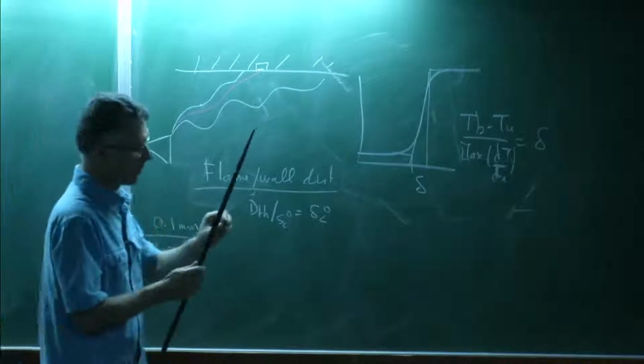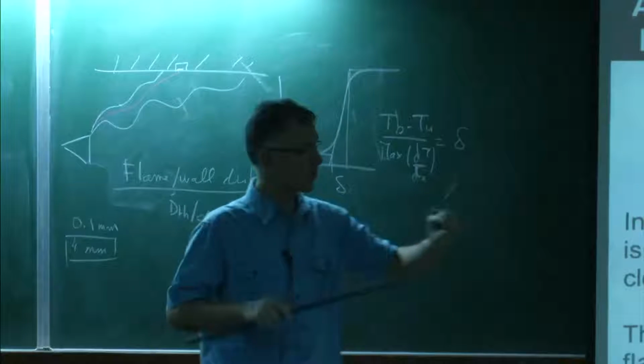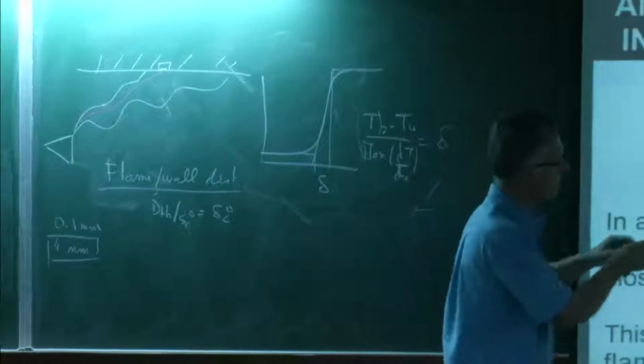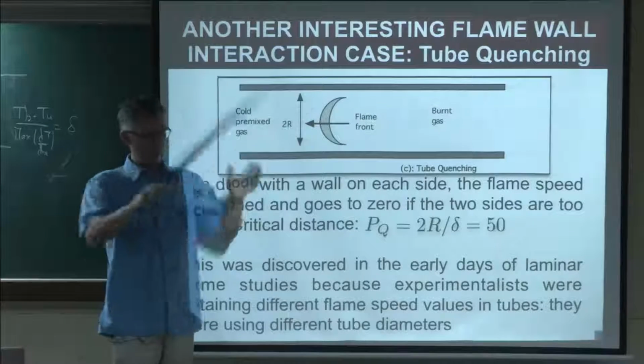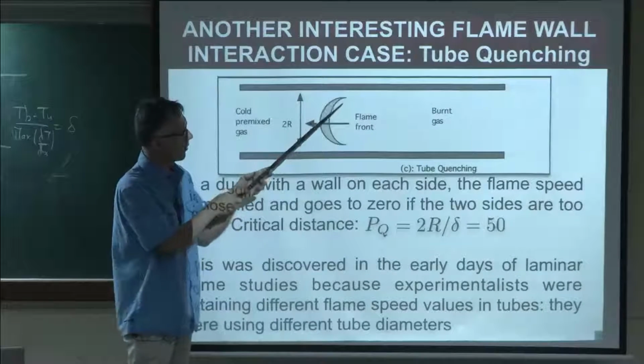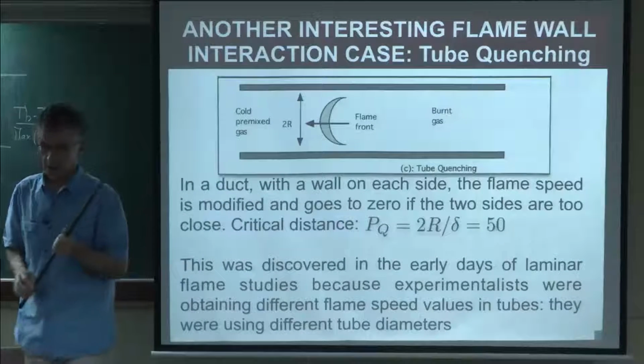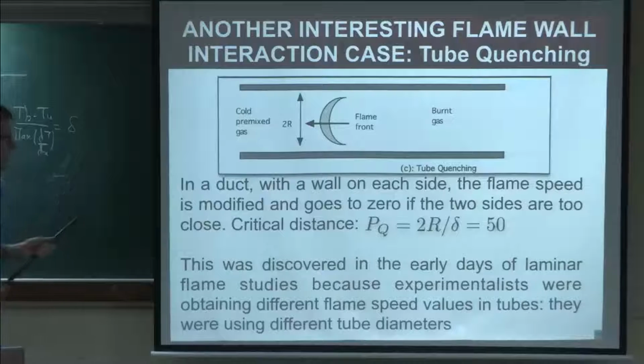So if you take a tube which is smaller than that in diameter and you send the flame on it, the flame will begin to go into the tube. Then the flame will be cold everywhere, and it will be cooled more and more, and at some point it will be completely quenched. It will have to stop. So this has many, many implications which I want to discuss now.